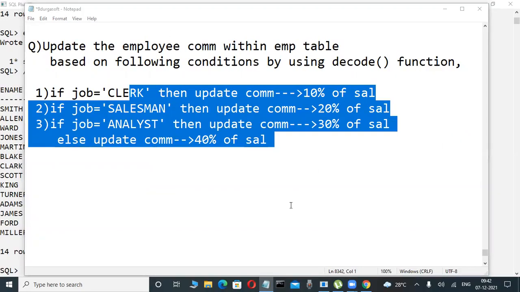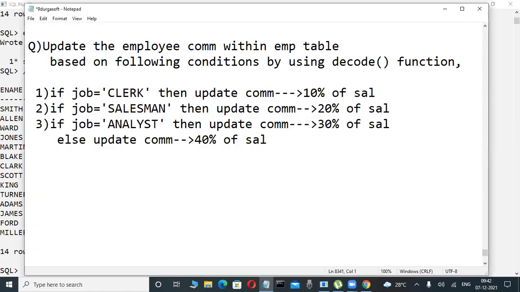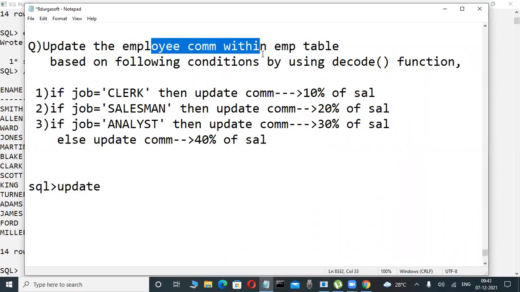Okay, yes, here update. Now here check it out. Here, how can I write it? Just 1 minute. So many fellows are trying. Very good. Because syntactic knowledge is why interviewers ask this type of thing. Update table name. So update the employee commission within the EMP table they're asking. Update table name. What is the table name? Now here, yes, EMP set